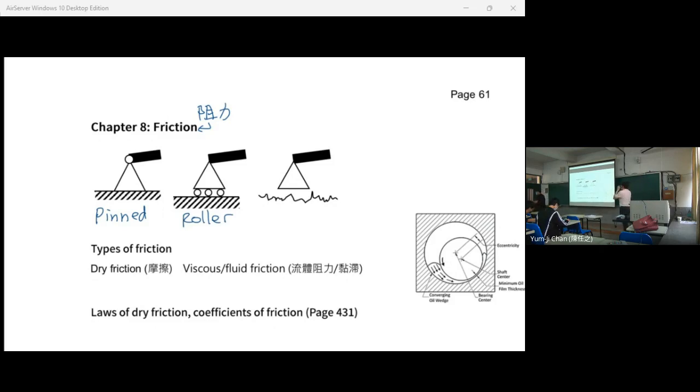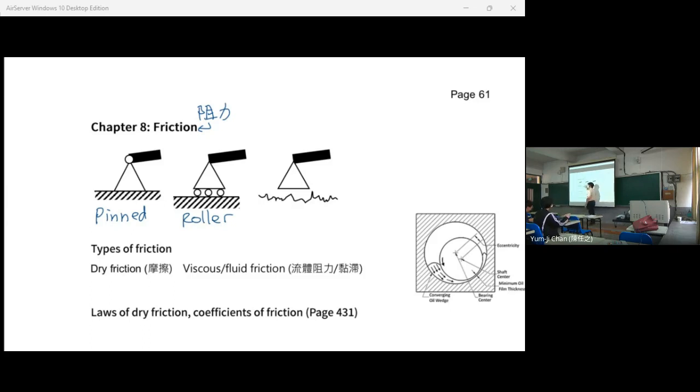So what is the difference between the pin support and the roller support? For a pin support, we cannot move to the left and to the right. And for the roller support, we can always move to the left and to the right, without any force. If you put a small force here, then it will go to the left all the way along. But in reality,